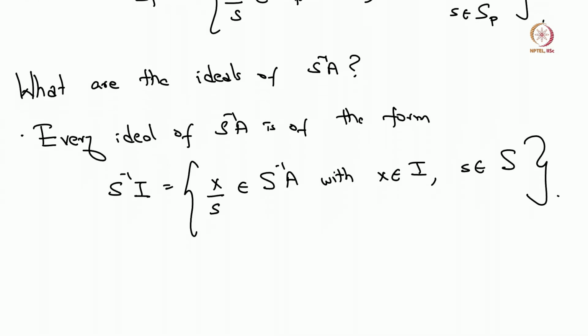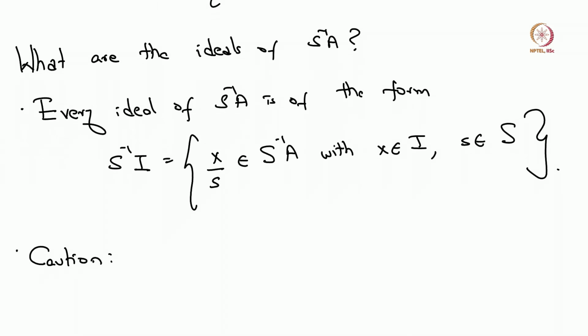And just a word of caution, in general there could be multiple choices of I, so that when you localize you get the corresponding ideal in the localization. So there might be multiple